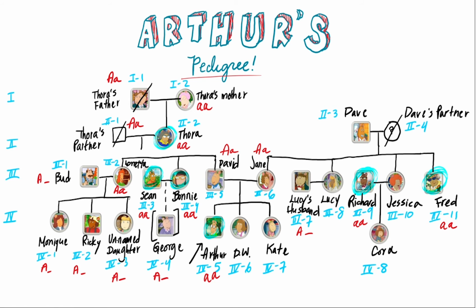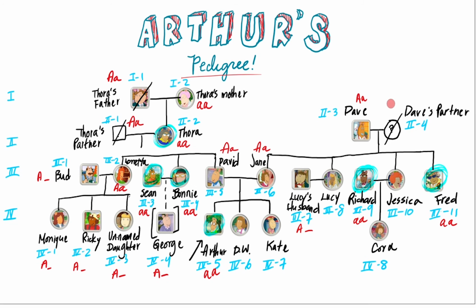We know that Grandpa Dave is heterozygous because he doesn't wear glasses, but he has a child who does. This means that he had to contribute a recessive allele. We don't know if Grandpa Dave's wife wore glasses or not, but we do know that she must have also contributed a recessive allele. It's possible for her to be heterozygous or homozygous recessive, since either way, those genotypes could result in kids with or without glasses so long as she had them with Grandpa Dave. So we will mark her as _a.